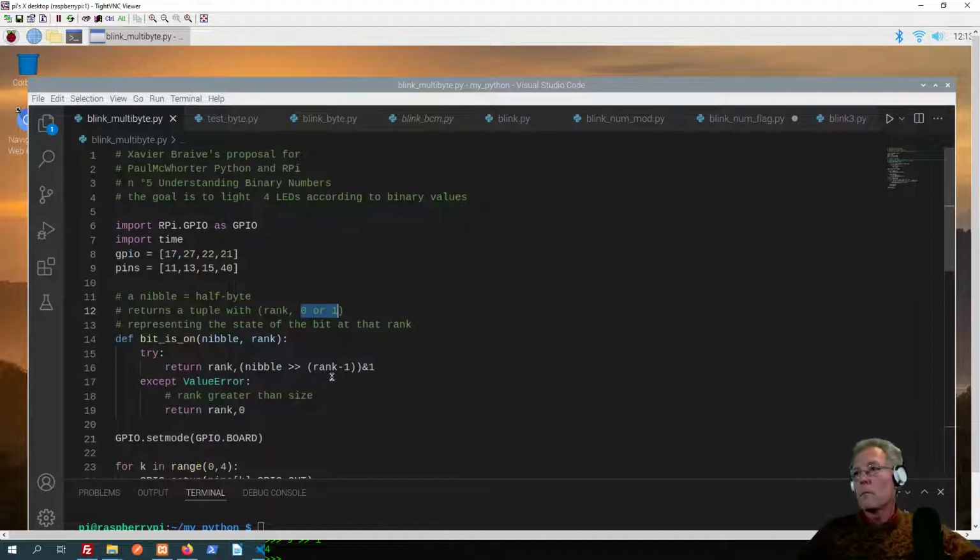Okay, so if the rank here is greater than the size of the nibble, we will have a value error here and return the rank with a value 0, just to leave it off. Okay, but normally we should not get that far. Okay, and that's where we analyze here